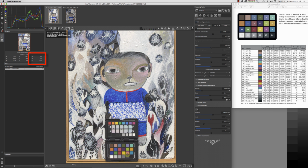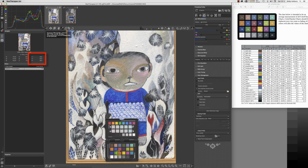The other thing we need to do now is white balance the image. So in RawTherapee we'll pick up the spot white balance tool, and we'll come to patch number 21, which is this one, and white balance it by clicking on it. And I don't know, because I can't see the original, but I don't think that looks too bad at all. Now then, let's have a look at the Lab value for this patch here, which you can see is 67.7, and patch 21 should be 66.7, and we are 67.4,